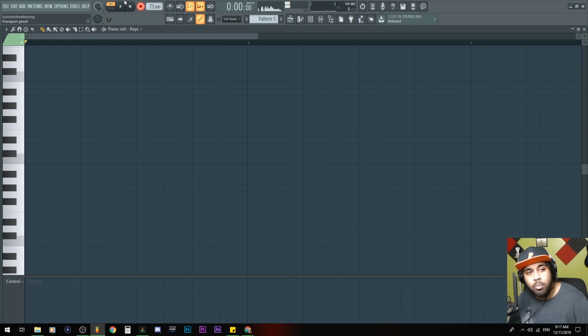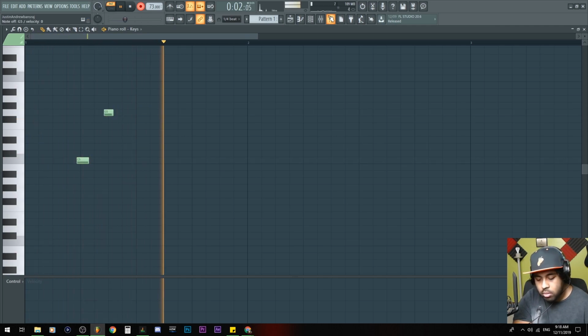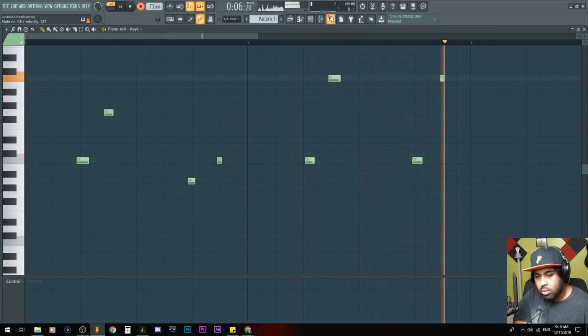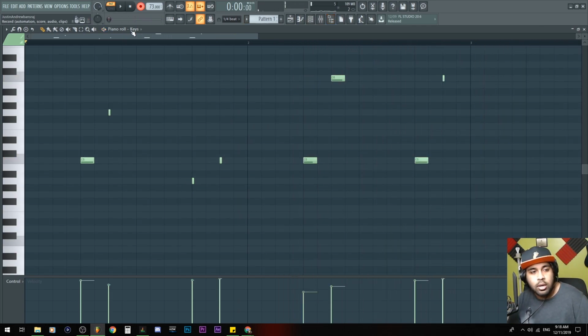You can hit the record button, this button right here, or press R on the keyboard, then hit space bar, get the countdown, and then play. And as we see here, because we have it set to 1/4 of a beat, it snaps the notes that we played to these 1/4 beats.